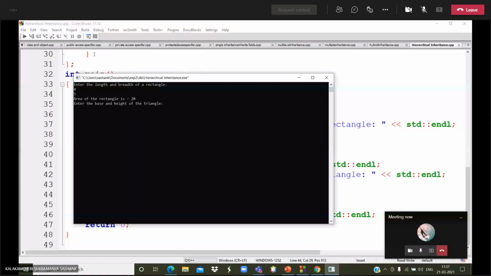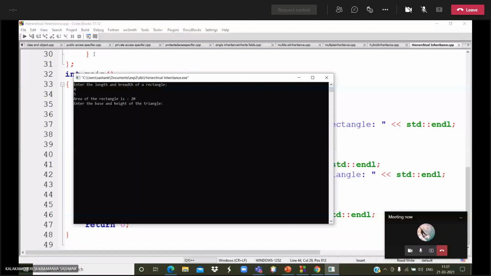Then we are going to the advantages of inheritance. The main advantage of inheritance is reuse. In the OOPS concept, the main purpose of inheritance is that we can reuse values. If we derived a value previously, we can access that previous value with the help of the inheritance concept. This is the main advantage in the OOPS concept. Also, existing code is reused, and with inheritance we can create class libraries.